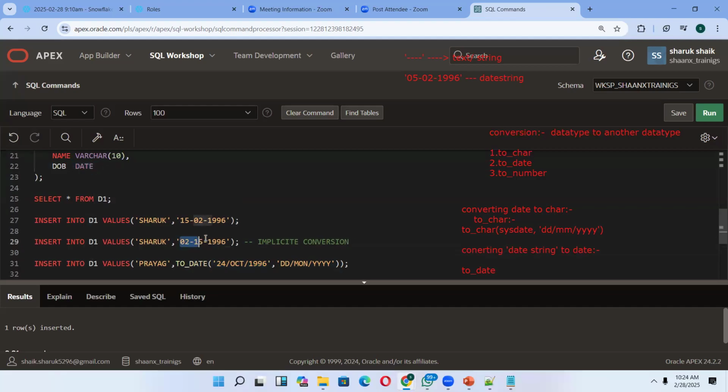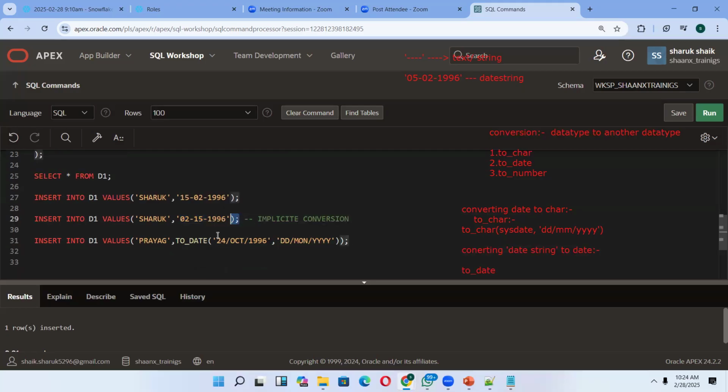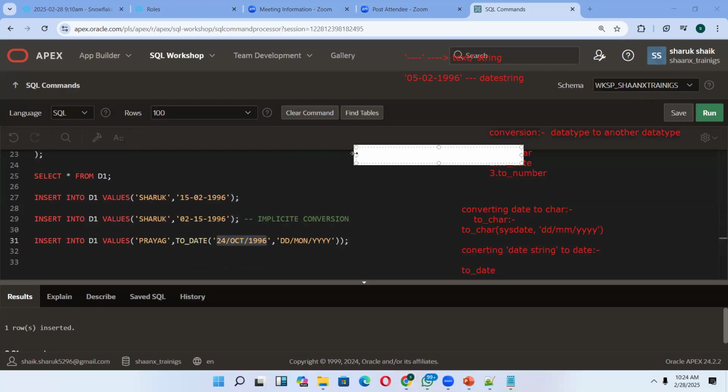You can ask how it happened. See, guys, by default, Oracle has a specific format. If we give it in this specific format, it takes it, but we can't expect that every time. Data may come in different formats, right? If someone asks you to fill a form, to write your date of birth,